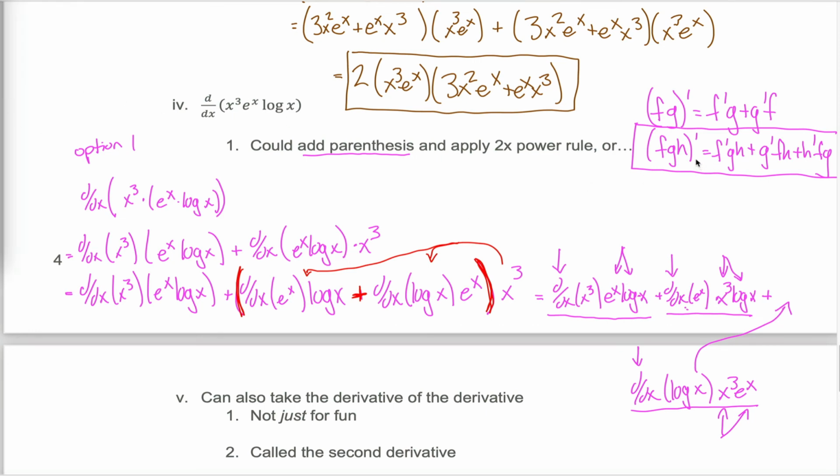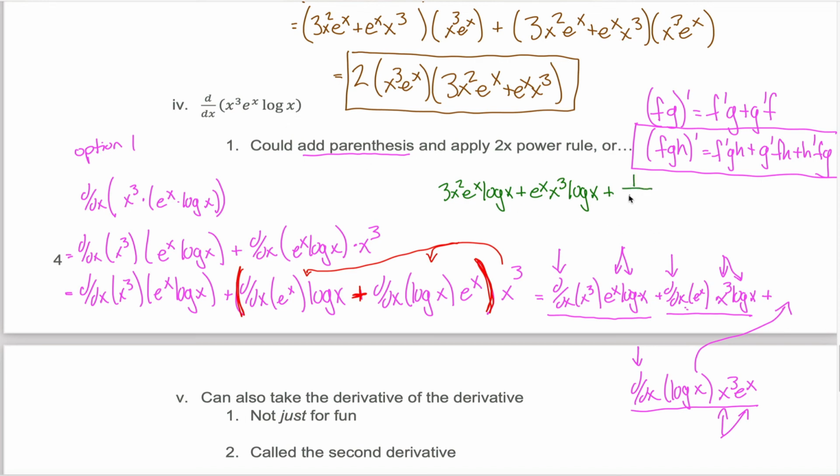You'll probably get to the stage where you can get this answer all in one step just by looking at this. You'd recognize that you have a product of three things. So you'd be like, all right, I got to take the derivative of the first thing, 3x squared, and then leave the other two alone, e to the x log of x. And then to that, I have to add the derivative of the second thing, so the derivative of e to the x, which just happens to also be e to the x, leaving the other two things alone, x cubed log x. And then finally, I'll take the derivative of the third thing, the derivative of the log of x,